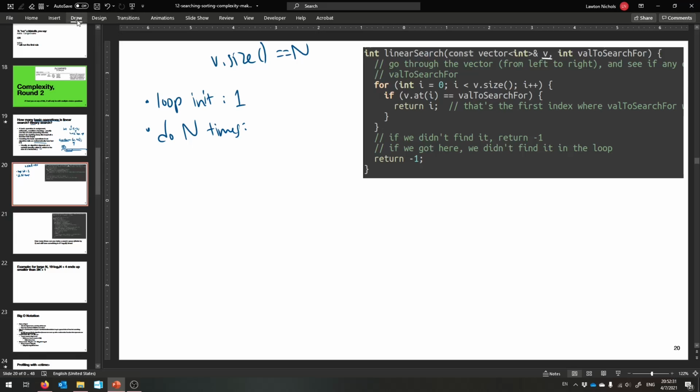We have the comparison, which is a function call that takes one basic operation. The comparison takes another basic operation. This method call takes another basic operation. The comparison takes another basic operation. So that's 4 so far. We're potentially returning. We'll just count it even though it only happens once, and then we'll stop. So this is like the worst case. If we had to keep on comparing, keep on searching, this is 1, 2, 3, 4 basic operations, 5,